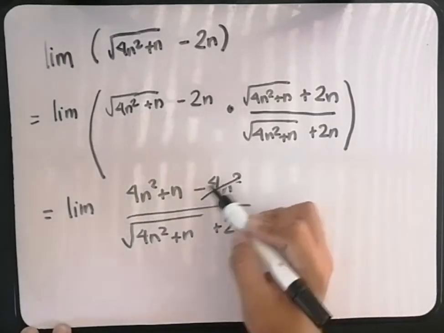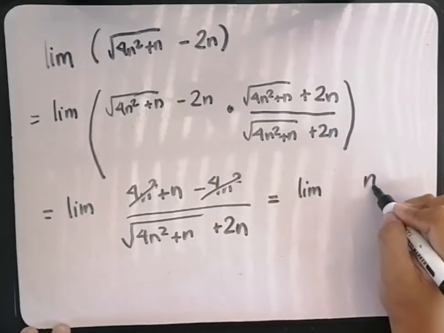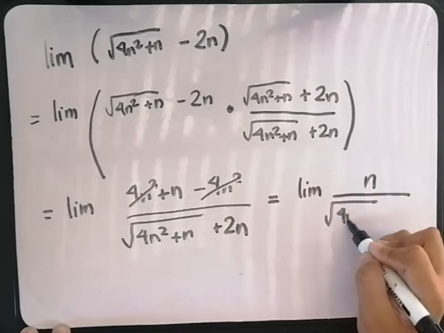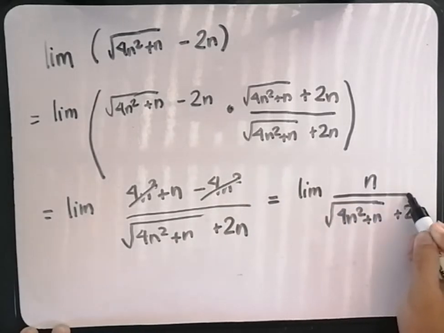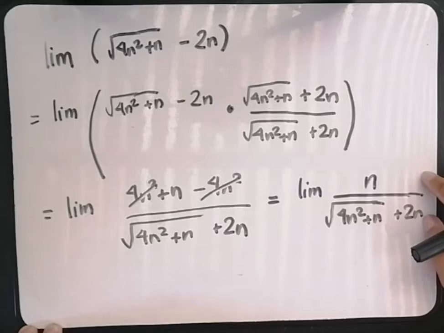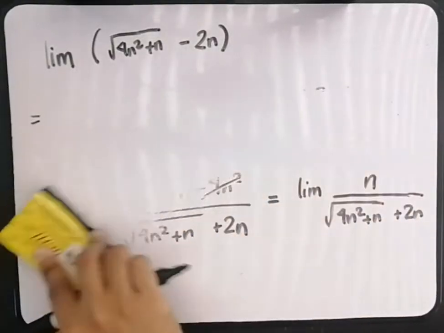And we can actually cancel this, which gives us the limit of n over square root of 4n squared plus n plus 2n. Notice that still this is not convergent. So, if we multiply 1 over n over 1 over n, this becomes now